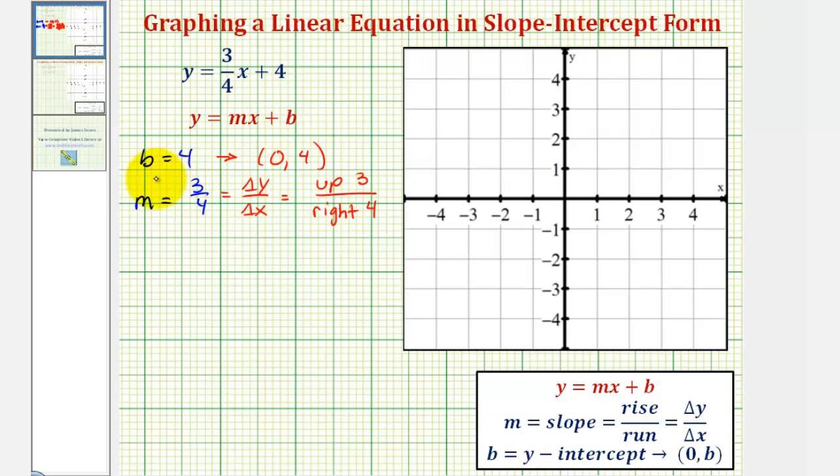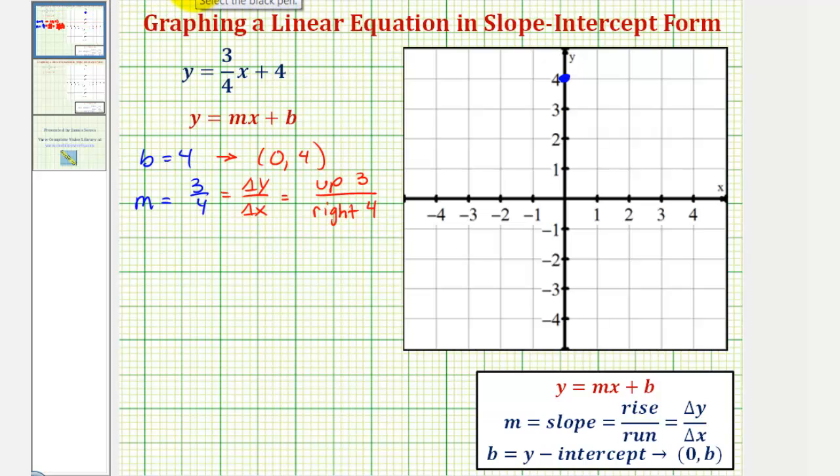So we begin by plotting the y-intercept of (0, 4), which is here. But notice in this case, if we go up 3 units and right 4 units, we would be off the coordinate plane. This doesn't mean we can't graph the line. It just means we have to change the form of our slope in order to graph the line. Remember, a fraction bar means division. So here we have a positive divided by a positive, which we know is positive, but so is a negative